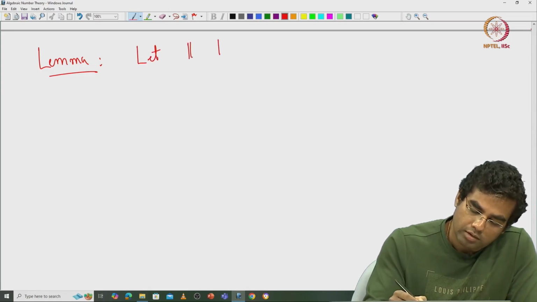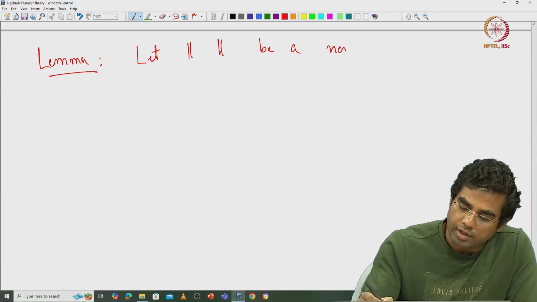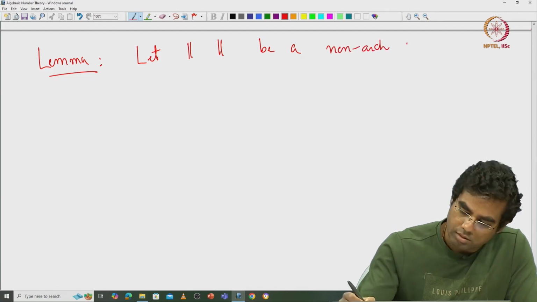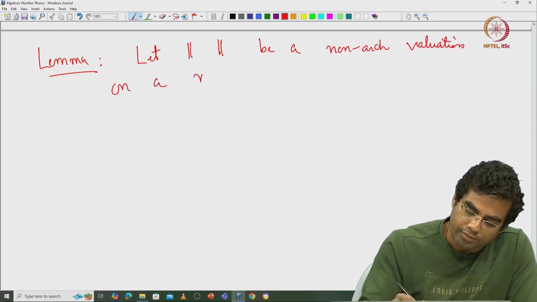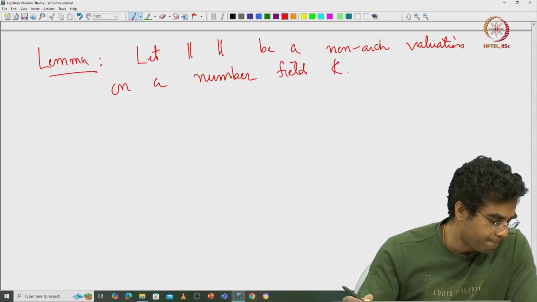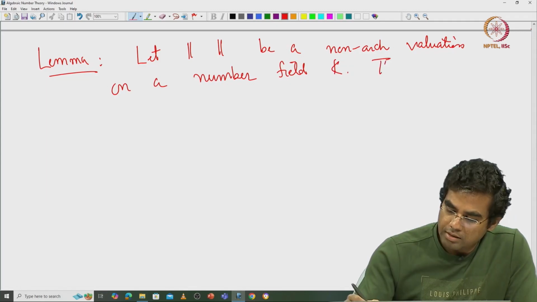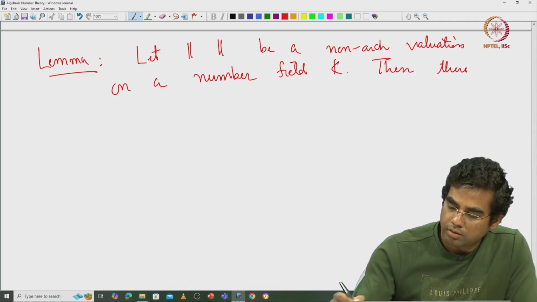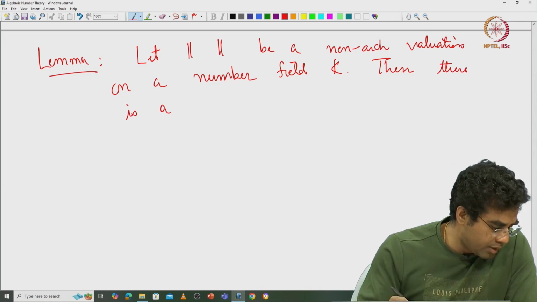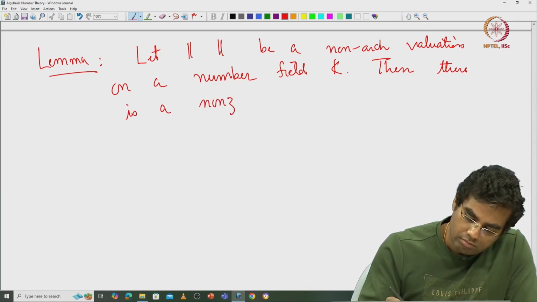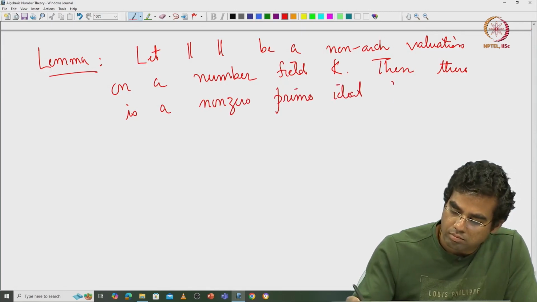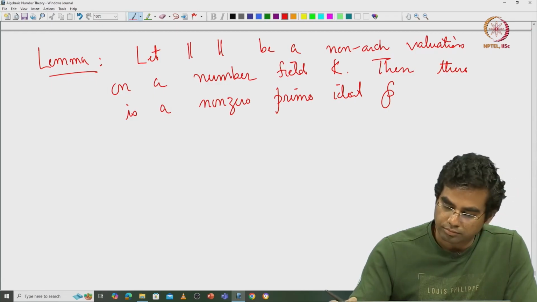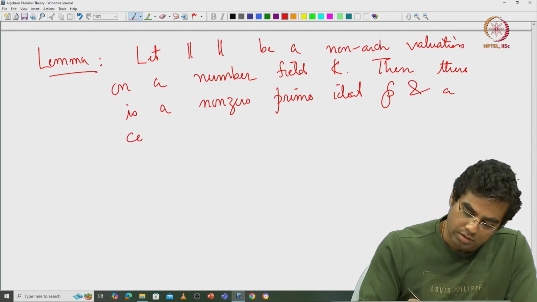So let this be a non-Archimedean valuation on a number field K, then there is a non-zero prime ideal P and a constant